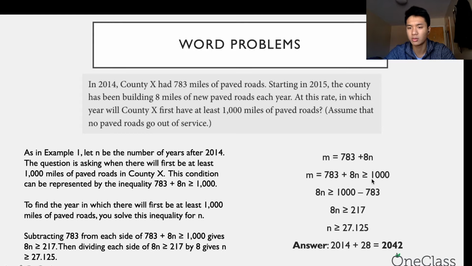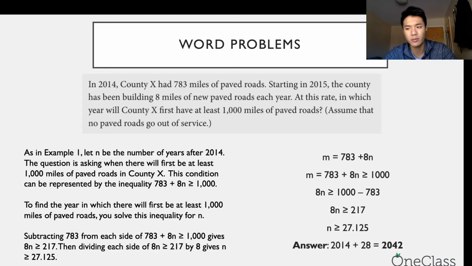So m is no longer in the equation, and we have an inequality where we only have one variable that is unsolved for. And that variable is n, right? We can manipulate this inequality the exact same way we would manipulate an equation. Subtract 783 from both sides. We get 8n is greater than or equal to 217. And then 217 divided by 8 is equal to